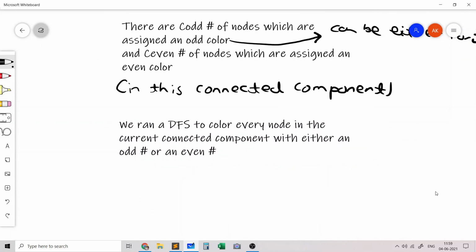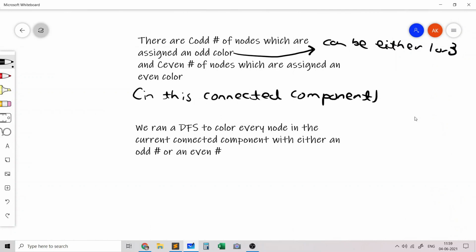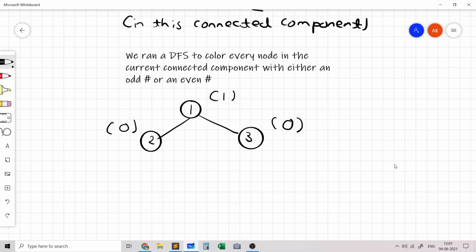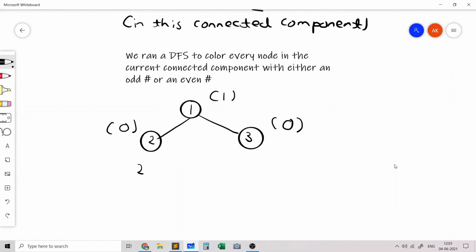However, what we actually need to do is color the nodes with colors 1 or 3 and the color 2. So let's say that this is the current connected component, and let's say that we assign the color 1 to this node, a color 0 to this node, and a color 0 to this node, because this is what the DFS would do. Now there are two cases to consider.